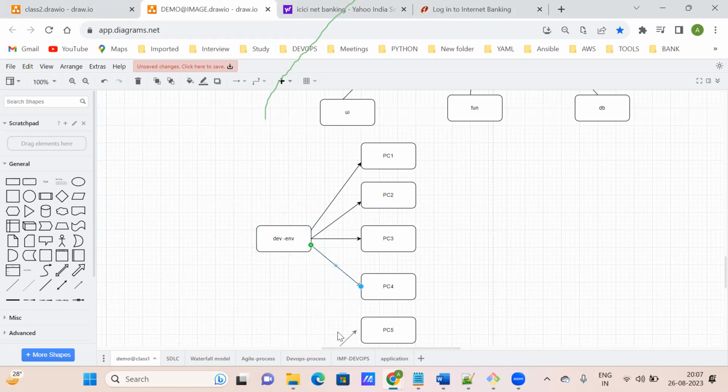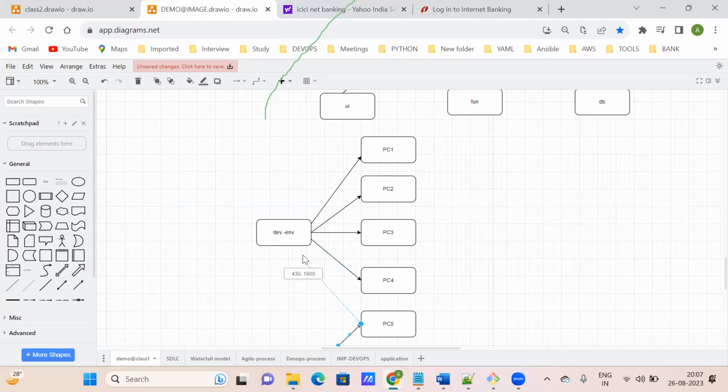Same way, another 3 environments we have to create in your project. One is QA, third one is stress, fourth one is production. QA people will only test; we should not test. Then stress and production. As a DevOps engineer, in production we have to deploy everything.